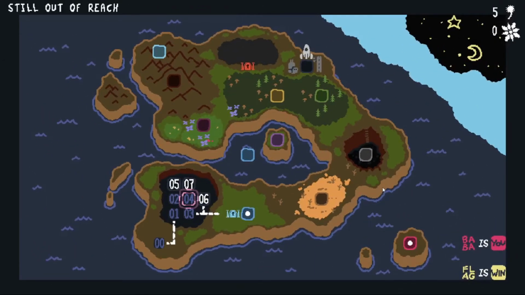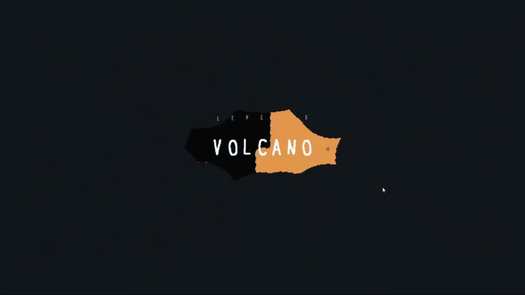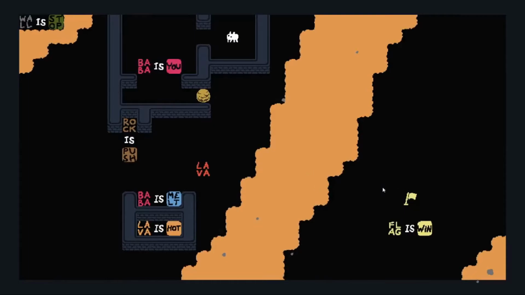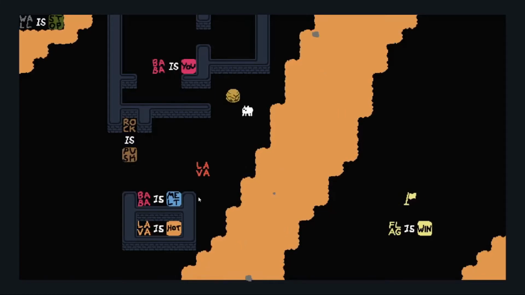Another level that teaches you something important is level Volcano. Now, this introduces the concept of lava, and lava is hot, and Baba is melt. So what that means is that if we walk into it, we die, we melt. So what do? Well, it's sort of learning how